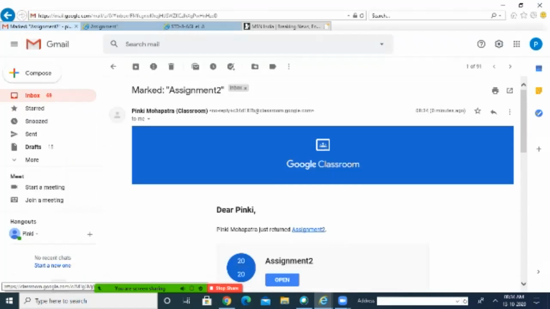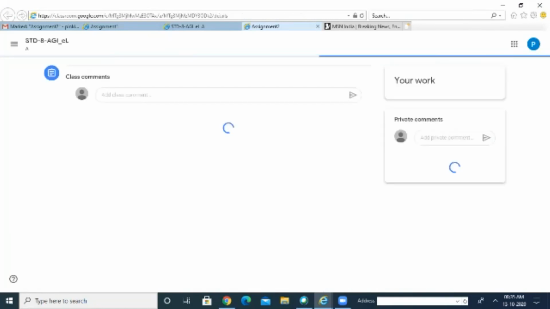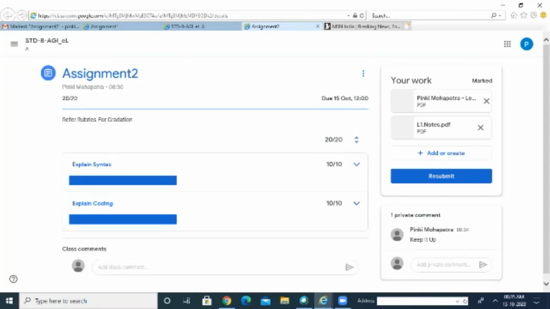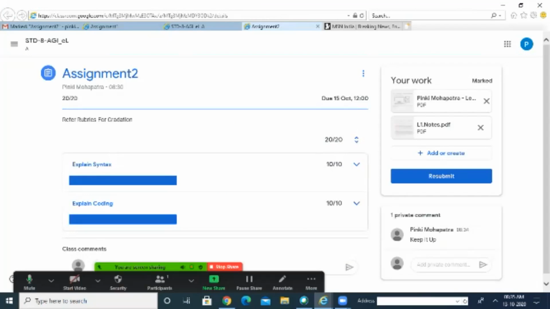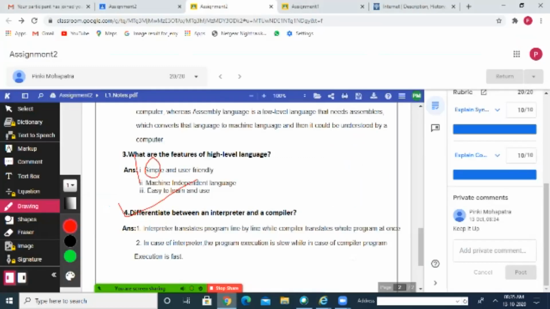I am clicking the open option, and I can see I have got 10 marks in coding and 10 marks in syntax. Okay, now let us go to another feature.